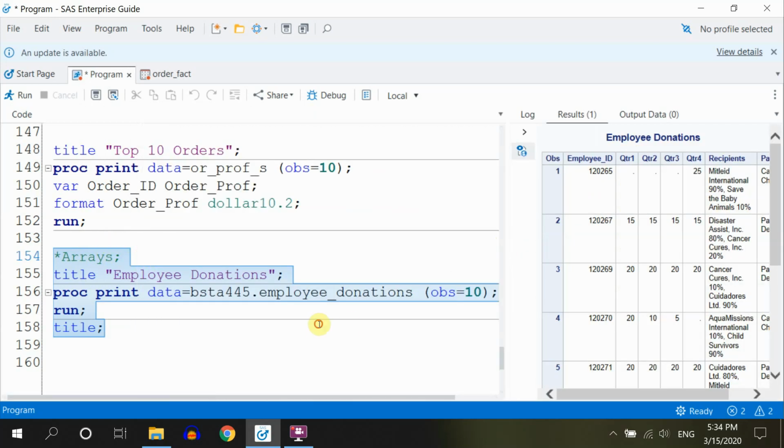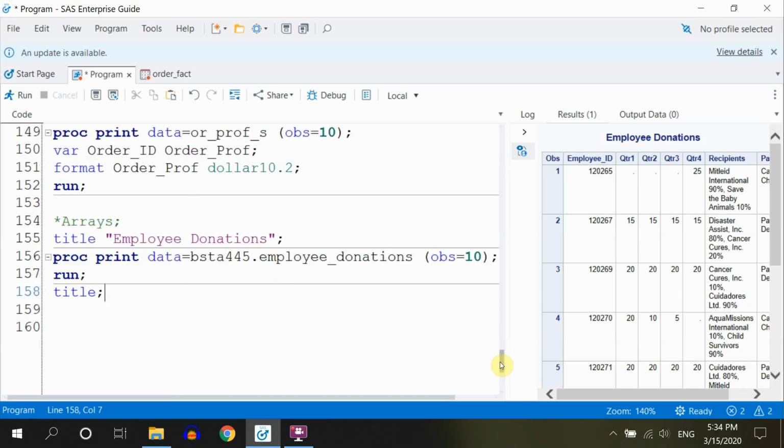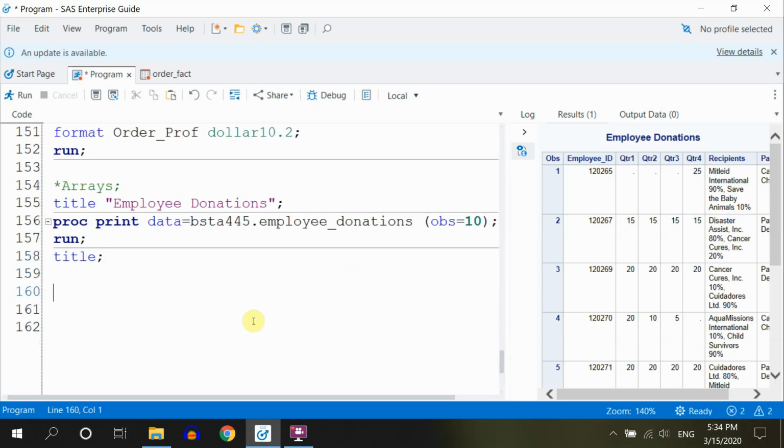So what we would like to do now, imagine that the company decided to introduce some kind of social program, and for every donation that you give, they would like to add 25% on top of that. So instead of donating, let's say $10, you will be donating $12.50. And this is the point of all this. So every quarter the donations are going to grow by 25%, and for that we will have to use